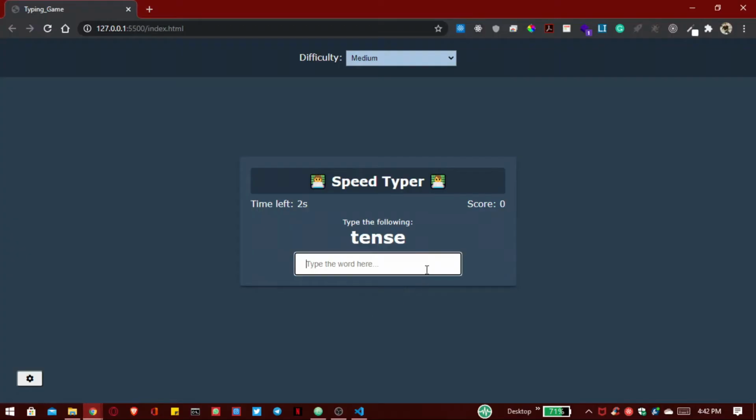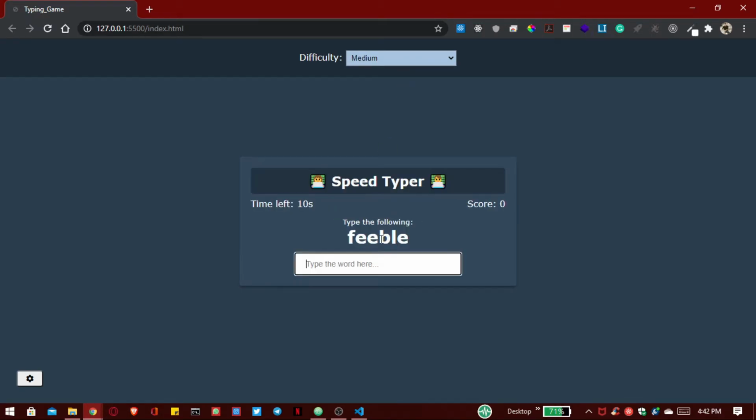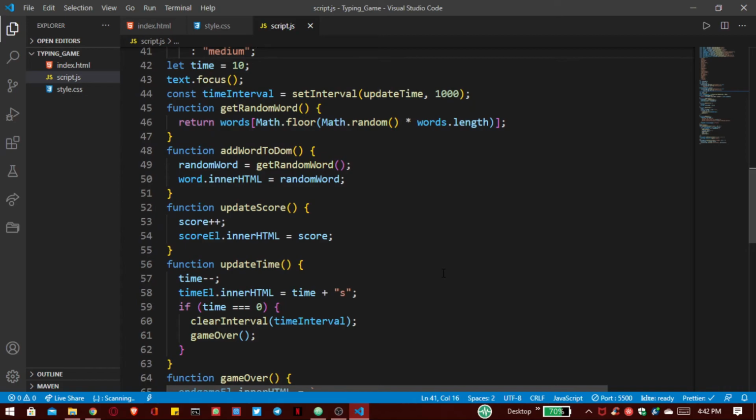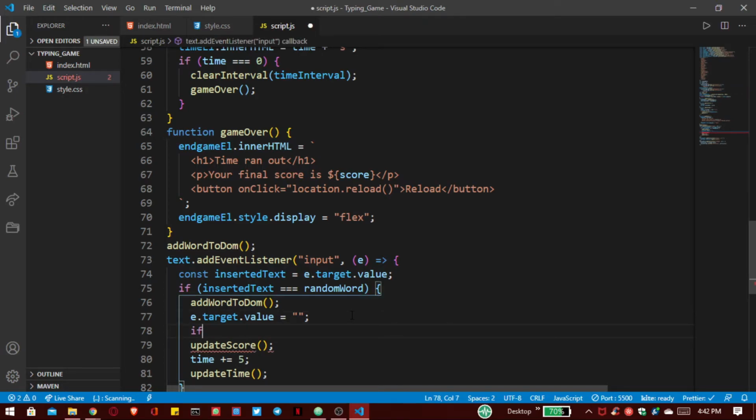Now the time has come to decrease this time according to their difficulty. If it is easy difficulty then the time is counting down slowly, hard difficulty then the time is counting down fastly. So let's assign that first. Go inside our this part and here we have to apply an if functionality. So if difficulty is equal to hard